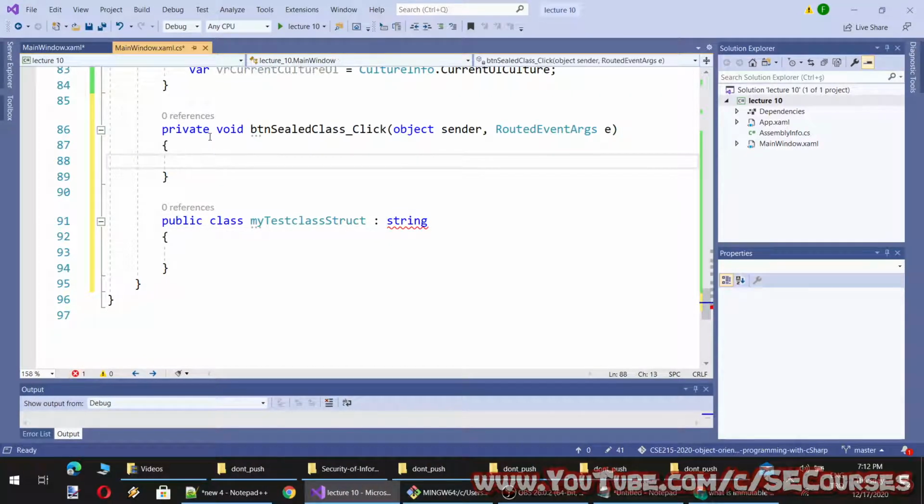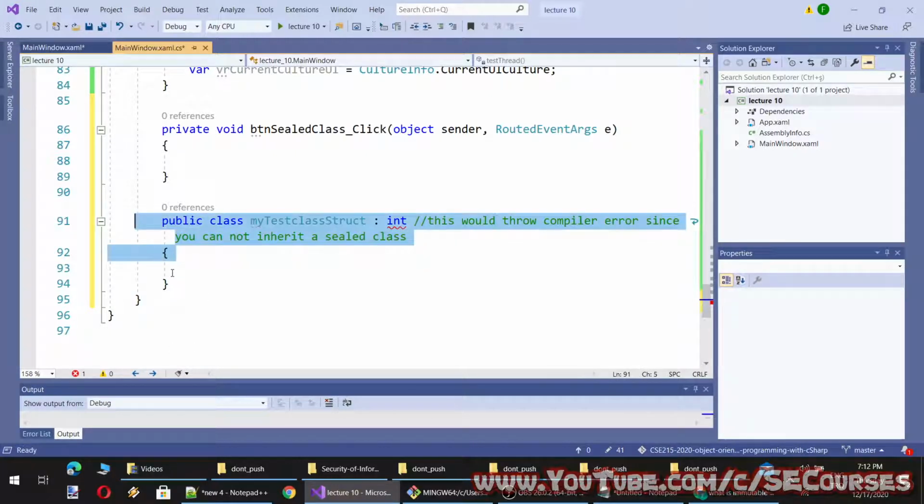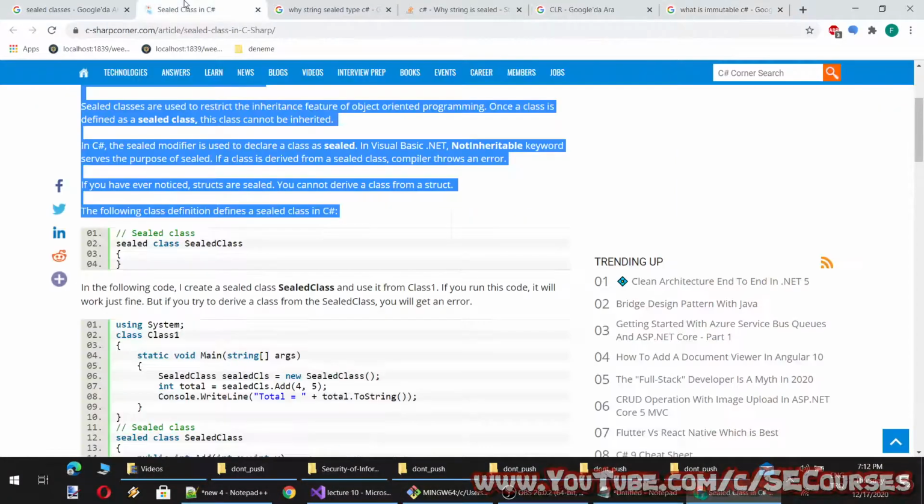Let me show you what I mean. I will show when we define a class. So this is not allowed. Okay, so I'm just going to comment this out, and let's continue with the example.